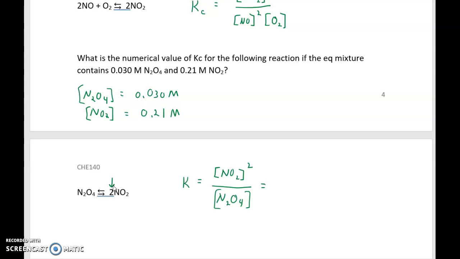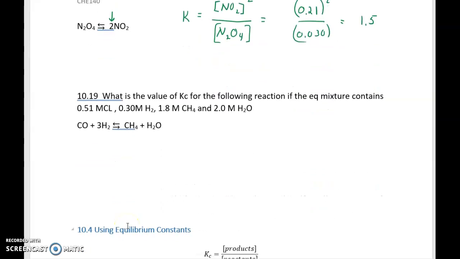And now we can just substitute in. The NO2 is 0.21, and we're going to square it. I'm going to divide it by 0.030. And if we do our math here, we should get 1.5 as our equilibrium constant. What is the value for the equilibrium constant for the following reaction if the equilibrium mixture contains,